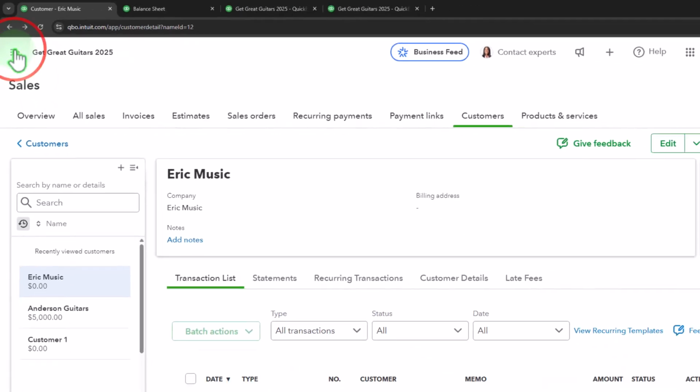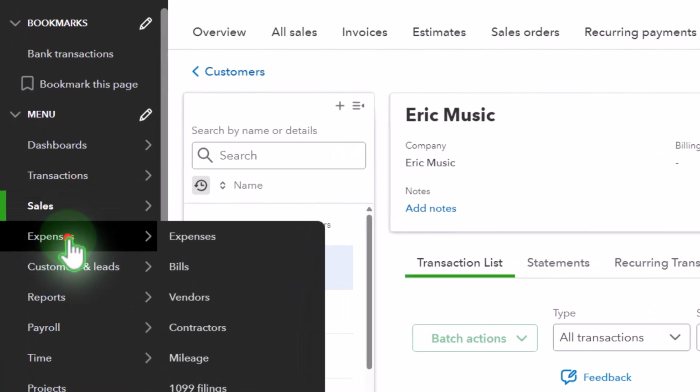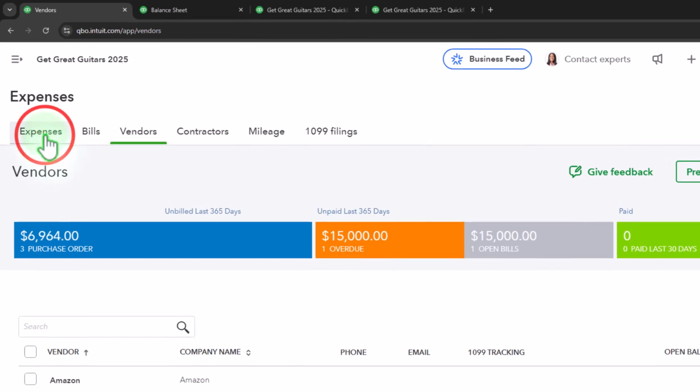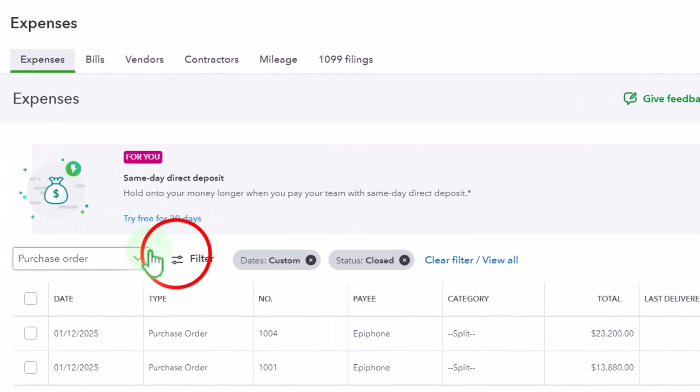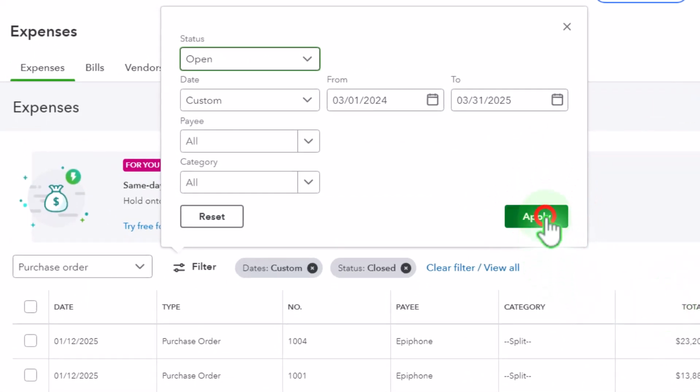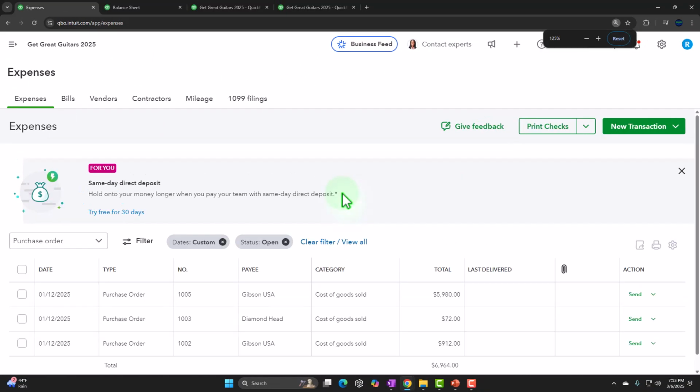So I'm going to go back up top again. I'm going to go into the expenses again, close up the hamburger in the expenses area, purchase orders. If I filter it now, I want to go back to the open purchase orders. And so now we have purchase orders. I can't scroll down there. Apply. Okay, so now we've got these 3 purchase orders, 2 for Gibson and 1 for Diamond Head, which